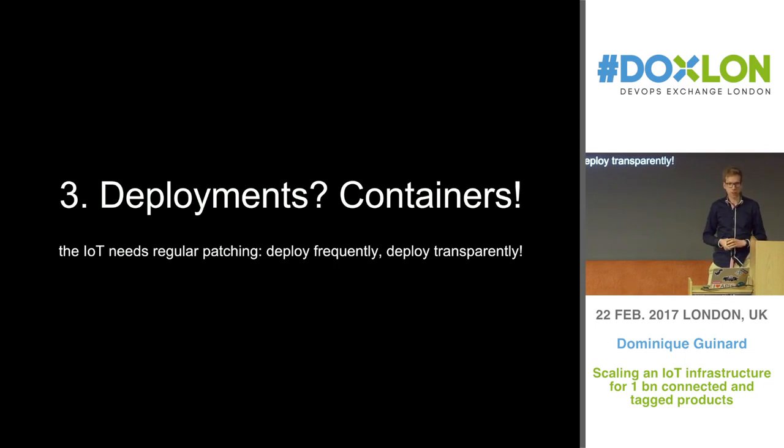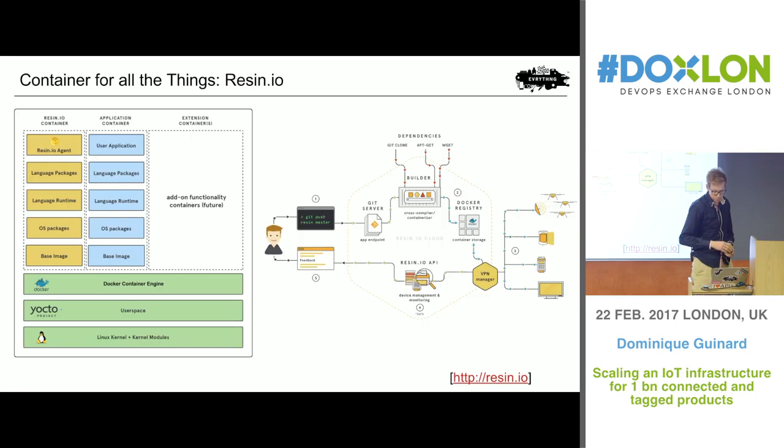But it's very important that you can push new code, push patches on a regular basis to IoT devices, for obvious reasons. Security is a big one. We're talking about TLS certificates expiring. Well, that also happens in the real world, right? So you need a way to push your new certificates to the devices. And there, I've come across two very interesting solutions that I wanted to present to you. I have no affiliation with these solutions, but we use them and we like them.